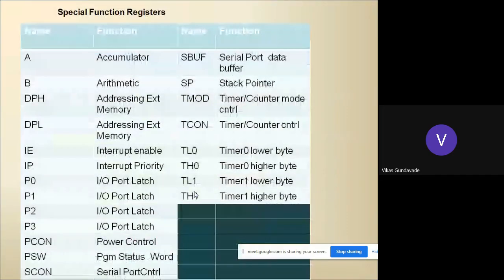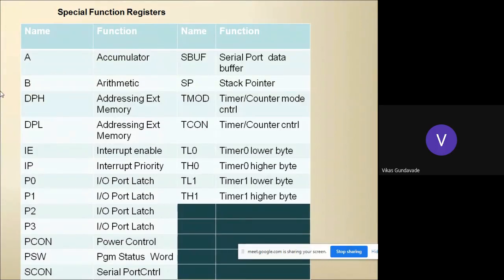also we have seen some special function registers which are available in the microcontroller architecture, in which the first special function register is the accumulator, which works with the ALU. ALU is nothing but the arithmetic and logical unit which processes the data, or makes the mathematical calculation. Either it may be an arithmetic calculation or a logical calculation. That will be done by the ALU, and the result of that ALU will get stored into the accumulator.